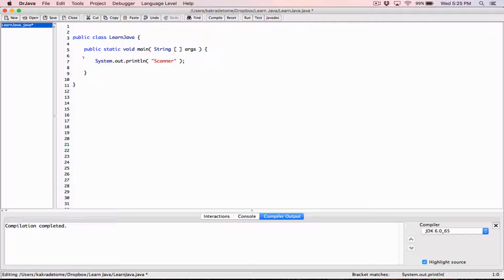So the Scanner class basically allows us to create objects from it, and we can use those objects to accept input from the user and then perform functions on that input for us to be able to use it in our program. So to use a Scanner class, first of all,